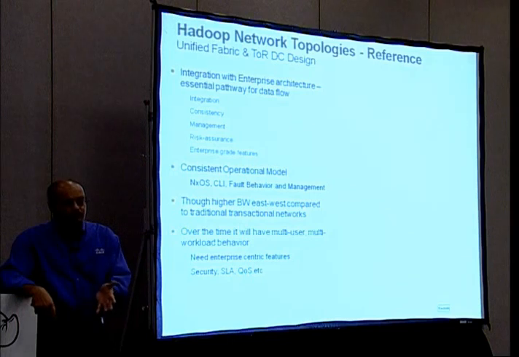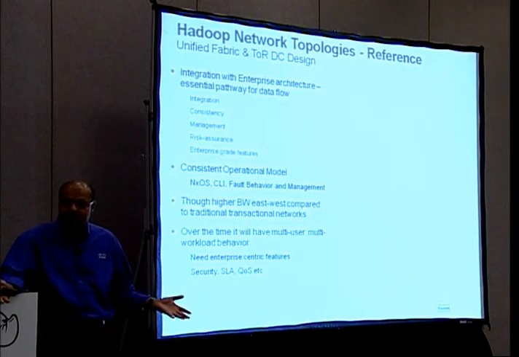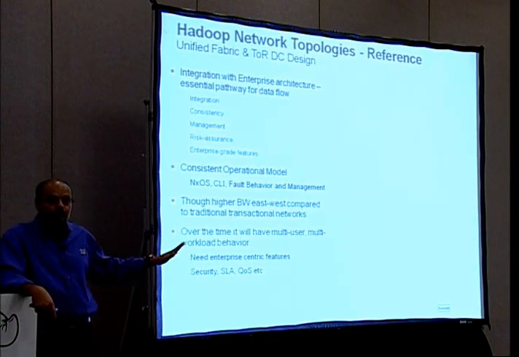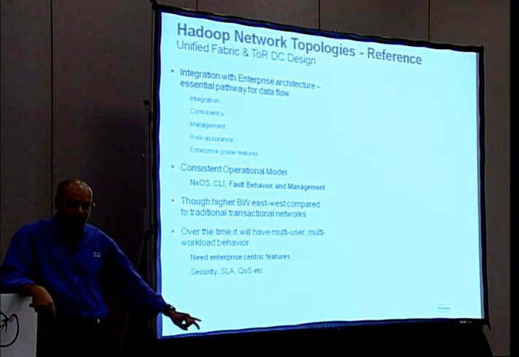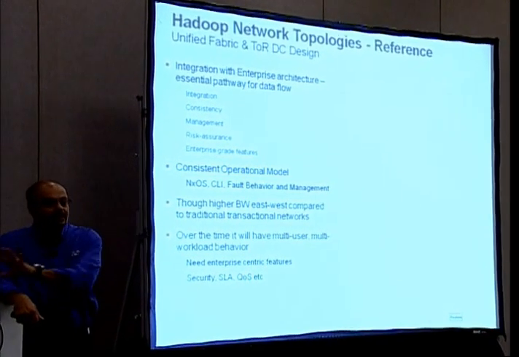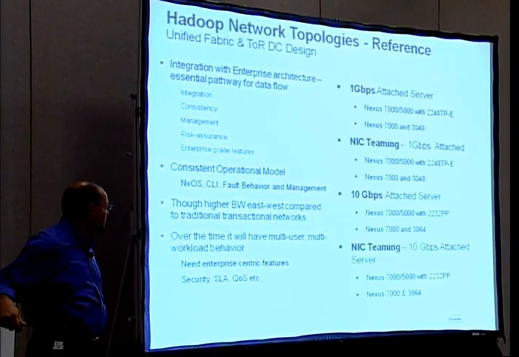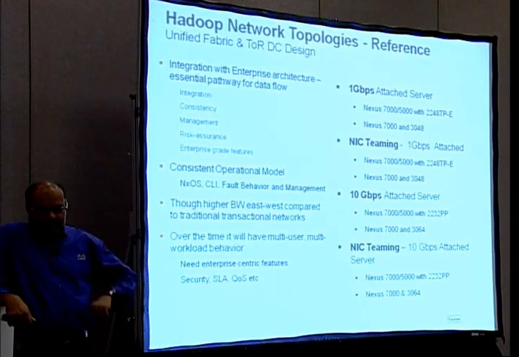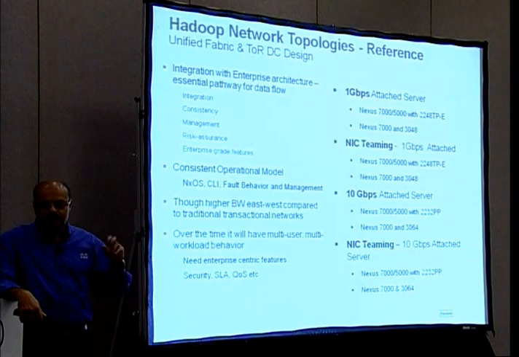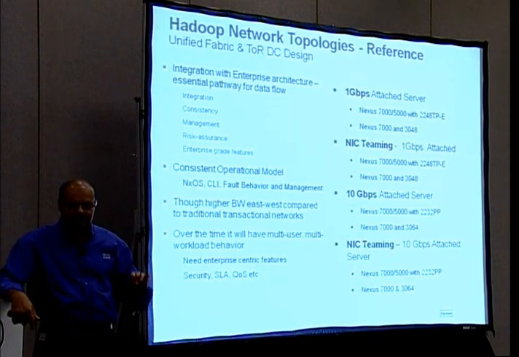Lots of east-west traffic. Hadoop will be using a monolithic workload or multiple workloads. Next generation Hadoop will have HPC-type functionality built into it, so now we will have a diverse workload. How do you categorize it? How do you create QoS? How do you create an SLA argument? So feature consistency matters with the rest of the network and the rest of the application workflow that you are doing, right?